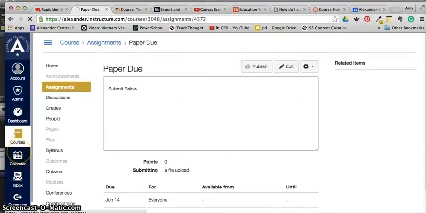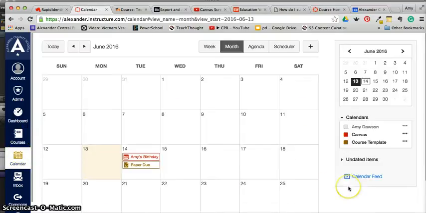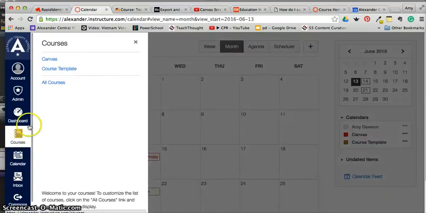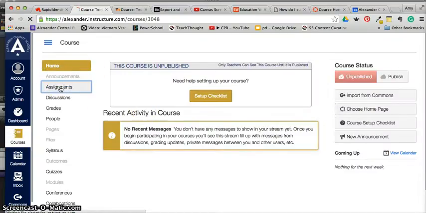So if I go back to my calendar just to show you what to look for, you'll notice there are two. One is an assignment and marked with an A, and the other is a little calendar event. It could be a field trip, any number of things. It might be a reminder about a quiz. So just notice too that if something changes, maybe the paper is going to be due next week, I can easily drag that there. If I were to go into my assignments within that course, I can make some changes there. So say I go here, go to course templates, go to assignments,